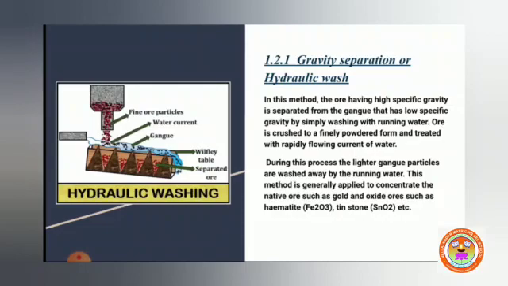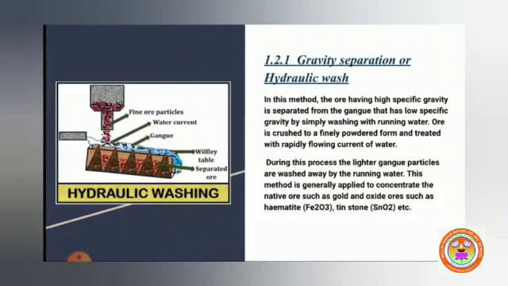In this method, ore having high specific gravity is separated from the gangue that has low specific gravity. Understand, children? Ores having high specific gravity, that is heavier ore, is separated from the gangue having low specific gravity